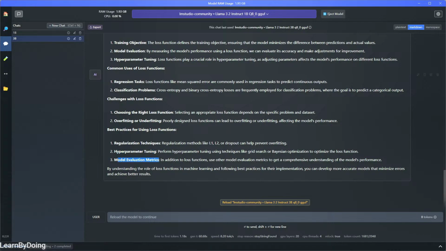Then model evaluation: in addition to loss function, use other model evaluation metrics to get a comprehensive understanding. So it actually said the loss function is part of the evaluation metrics. This is wrong, because the loss function is the function where you gauge the error. Let's say it this way: to gauge the error of this model, you want to minimize it. But the loss or the accuracy are the metrics you want to evaluate. So I would say this comment is wrong. So let's take a look at